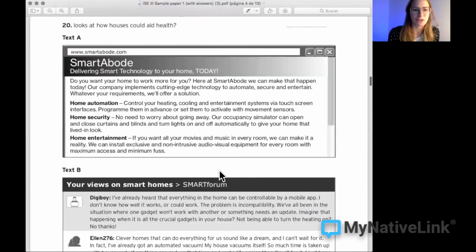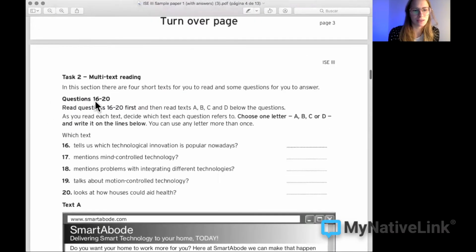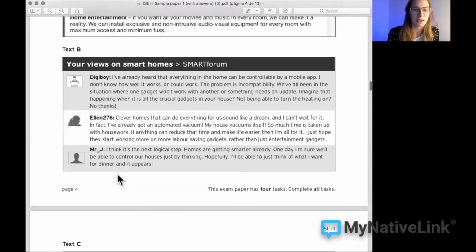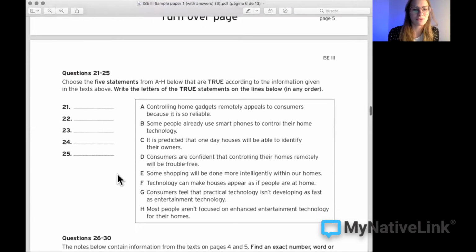So let's see, we've seen questions 16 to 20 that are very similar to the same 5 questions in the long reading. So you need to find out where the information is. And next, we also have questions 21 to 25. Now that you know where the information is, you can check all these statements to see if they're true or false, and only choose 5 of these statements to fill in these 5 gaps, because 5 are true,